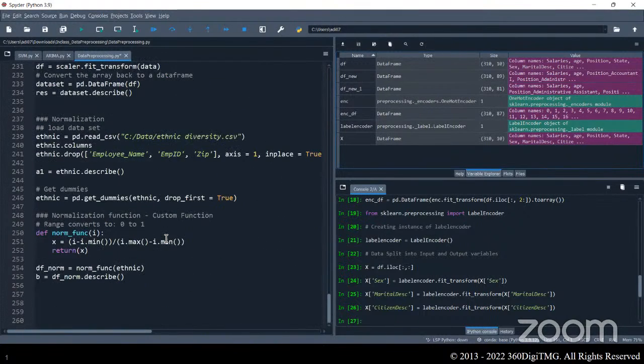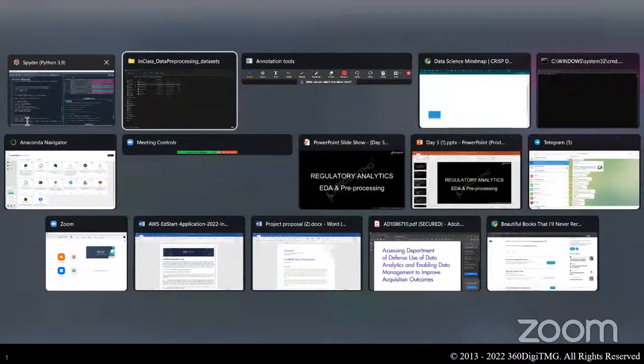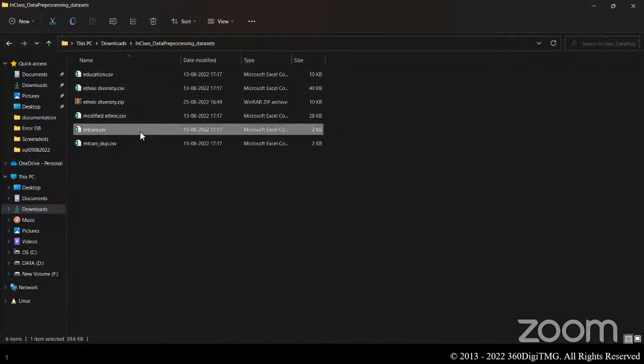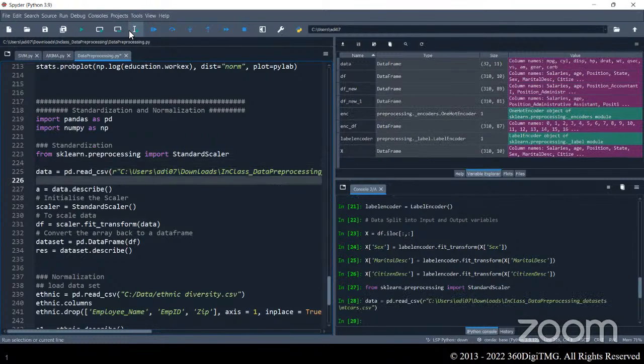And then finally, we have standardization. In standardization, we try to reduce the range of our data. So what data are we using here? Empty cars. All right. So here we'll use the standard scaler. In standardization, we have two methods. We can either use the min-max scaler,